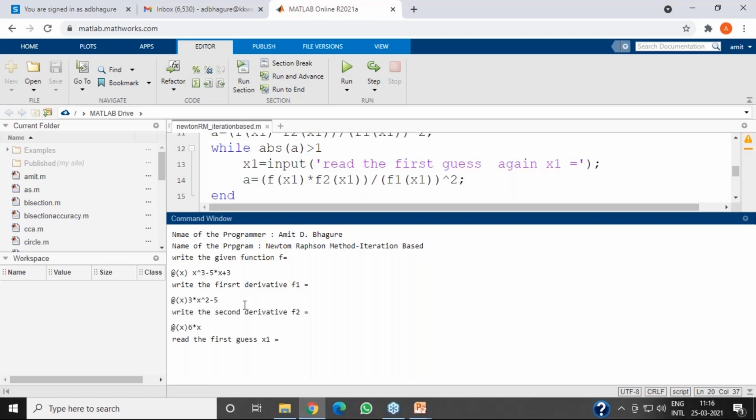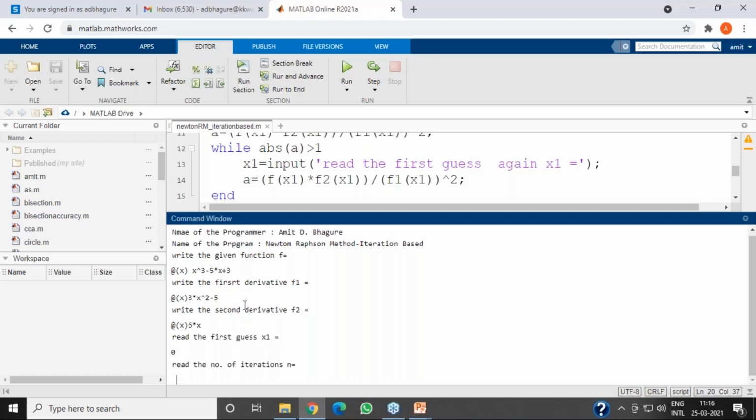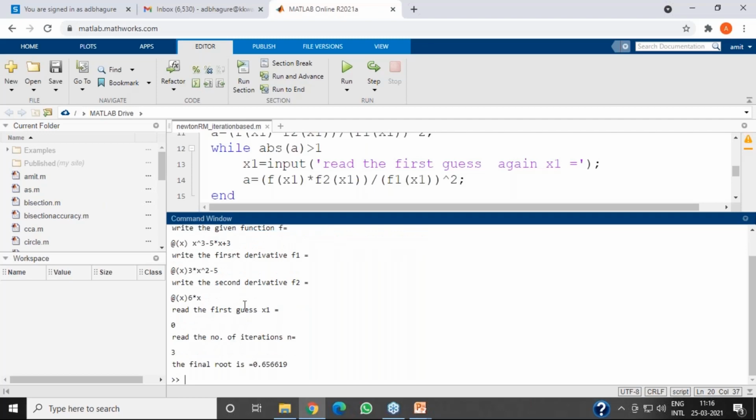And the first initial guess, I can start from, for example, 0. First initial guess is 0. Number of iterations 3. So the final root or final answer is 0.6566.